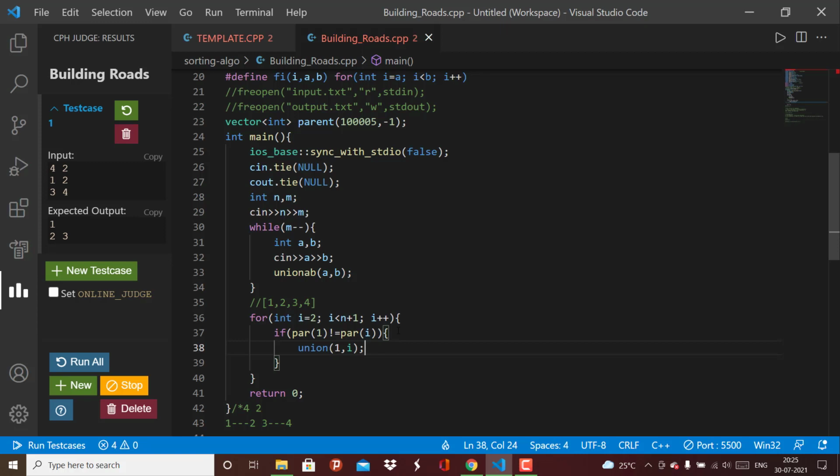But before the union operation, as we know they don't have the same parents, so we'll just add it to our answer because the parents will be added to each other.